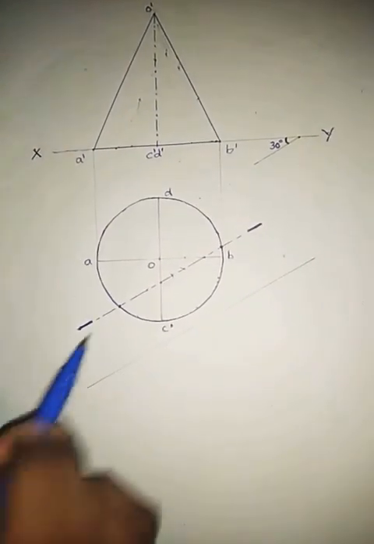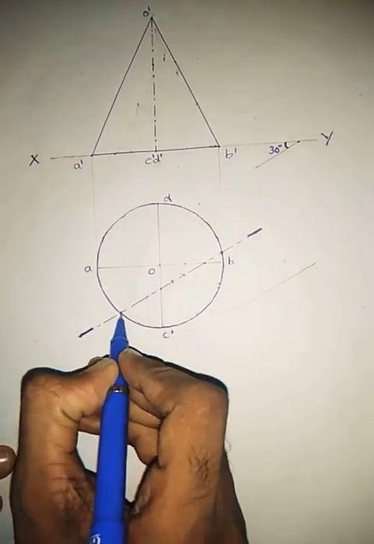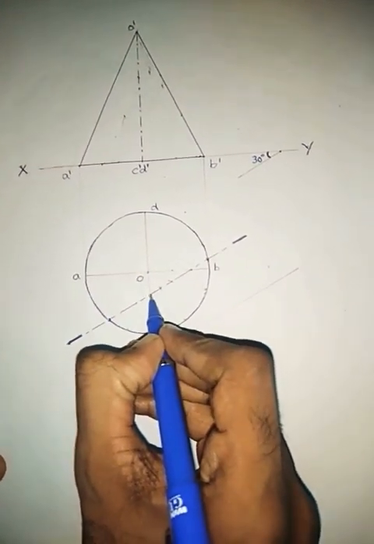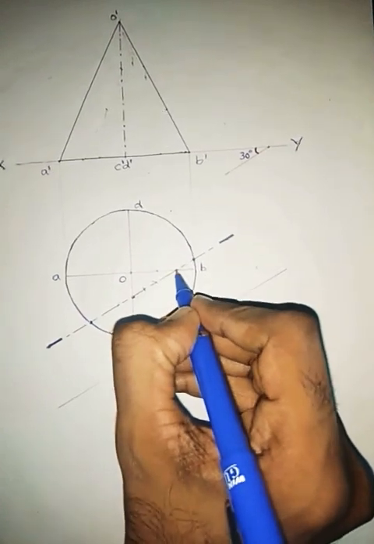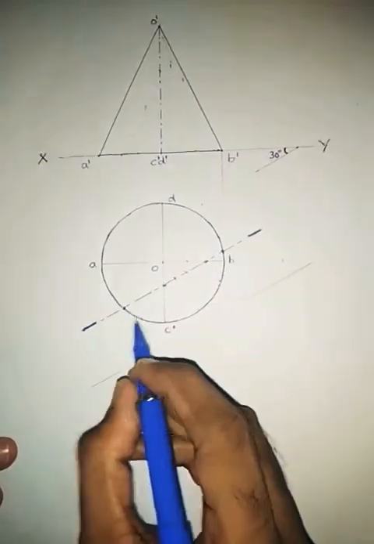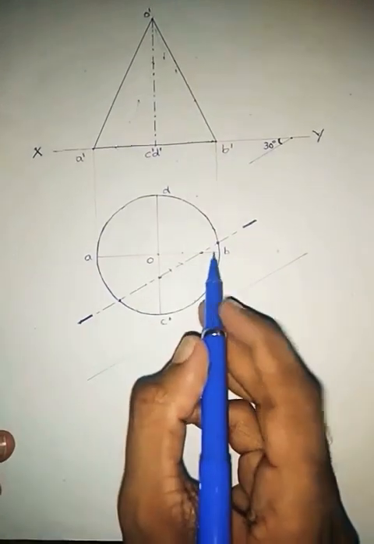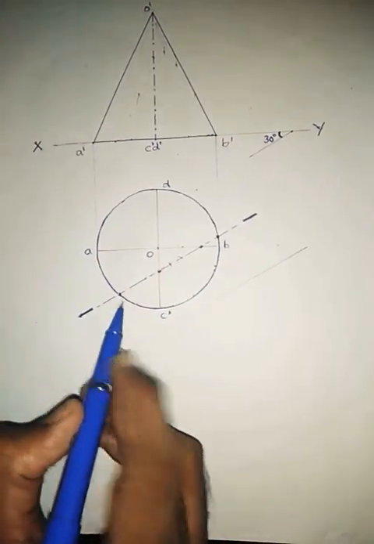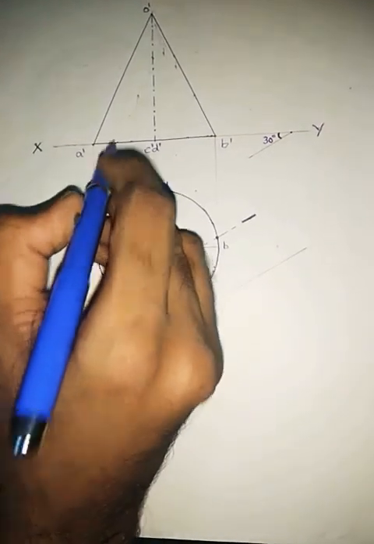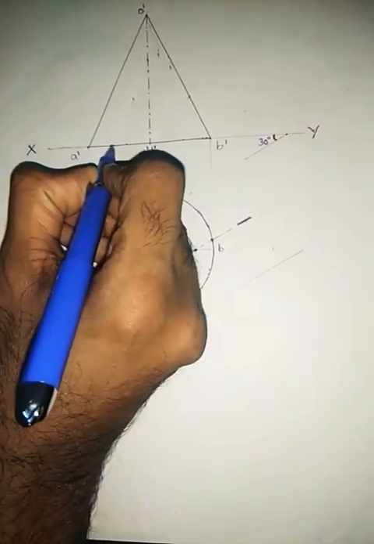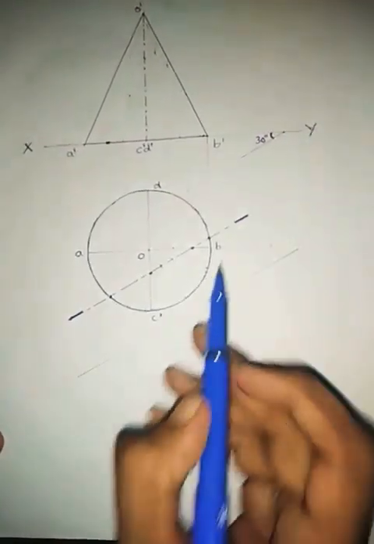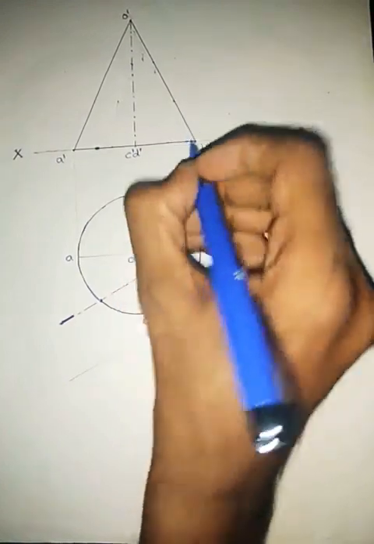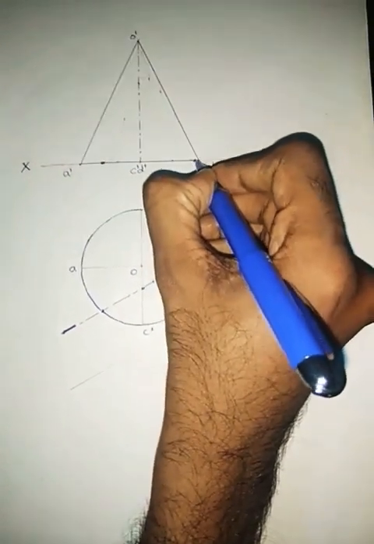Now the points that we are getting are a point here, a point here, and another point here and another point here. So total, we are getting only 4 points. We can transfer those points first. This point is lying on the base of the cone, so you just project it towards front view. You will be getting a point somewhere here. This is also lying on the base of the cone, so project that point also. You will be getting a point somewhere here.